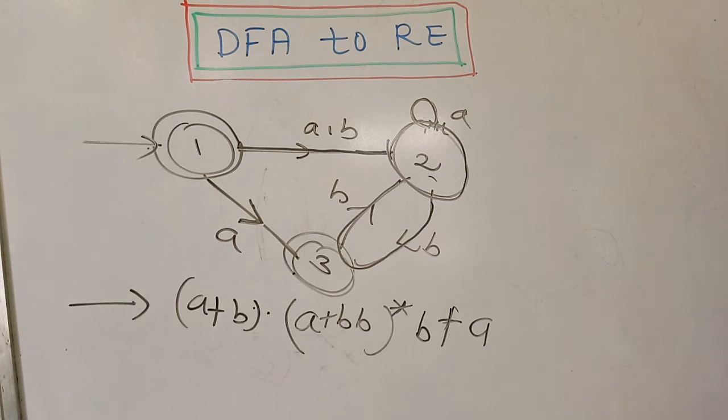From the exam point of view, these may be 1 mark questions, or they can be clubbed with 5 mark questions, like 2 marks for this and 3 marks for the conversion, or vice versa. Both have alternative mechanisms. So this is all about how to convert the DFA to the regular expression.